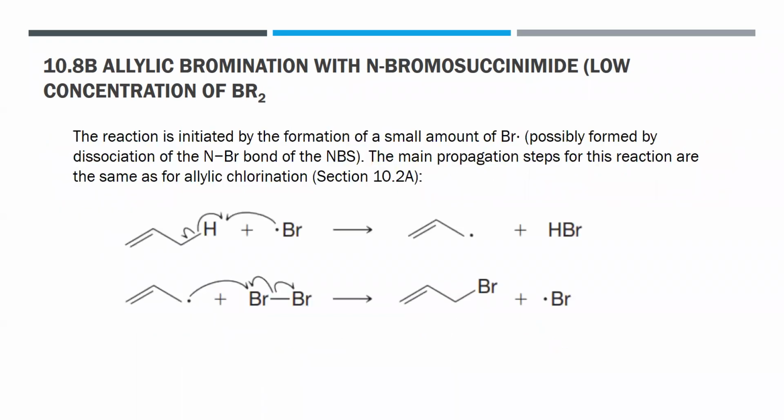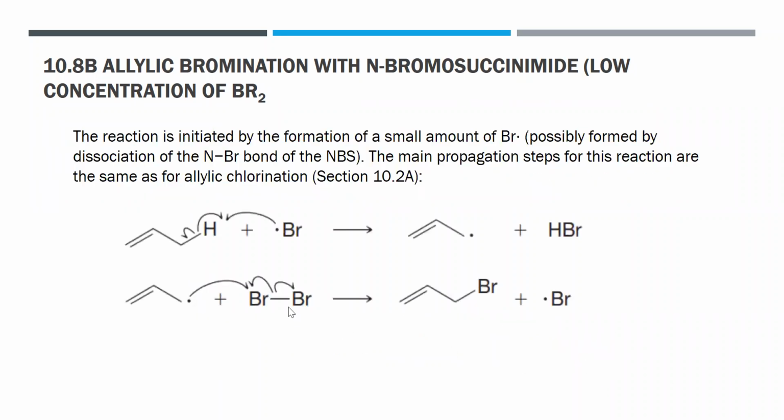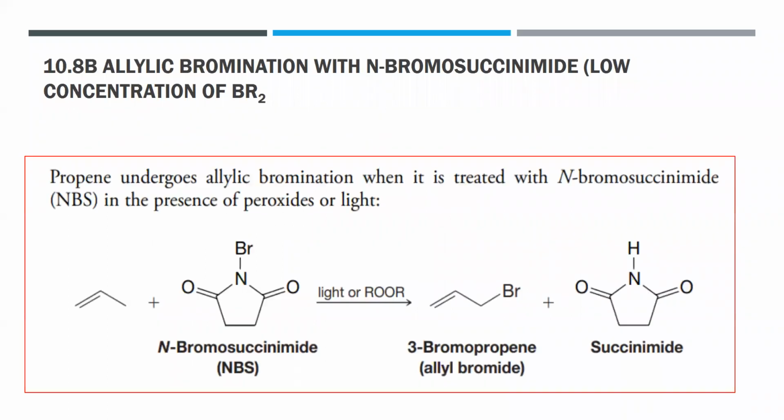You'll see here, right? As you have your Br dot, you produce your HBr, and your HBr will react with N-bromosuccinimide, and then you will have your Br2. From the Br2, you have your Br here, it will react with the allylic radical to form your halide. So here it provides a low concentration